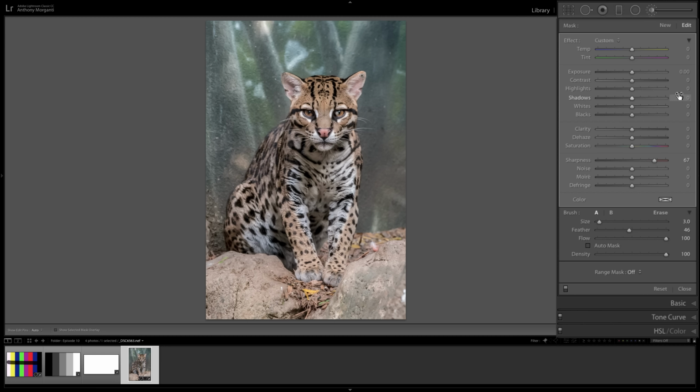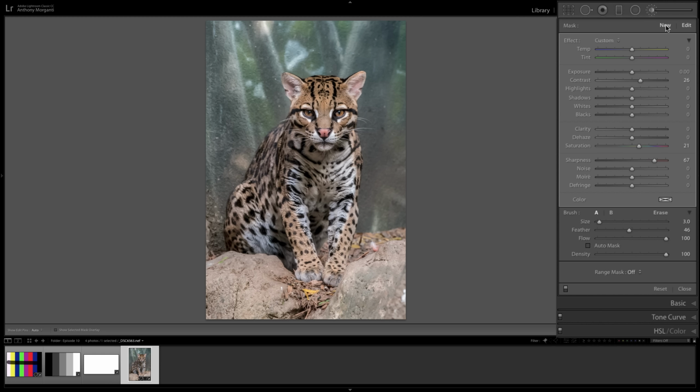Now, with that active, of course, we could do a lot more. I could turn contrast up. I could even add some saturation if I want. I could go crazy or just add a little bit of saturation. So that's kind of a real-world example of how you might want to use a brush. Now, one thing I'll show you real quick, it wouldn't be something I do to this image, but we could